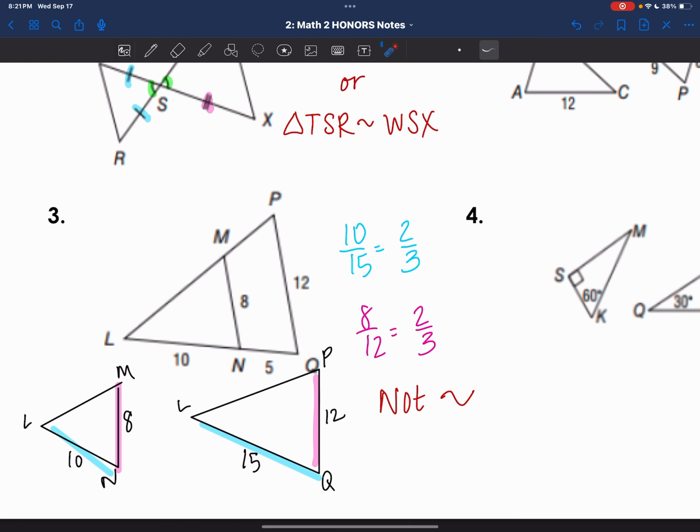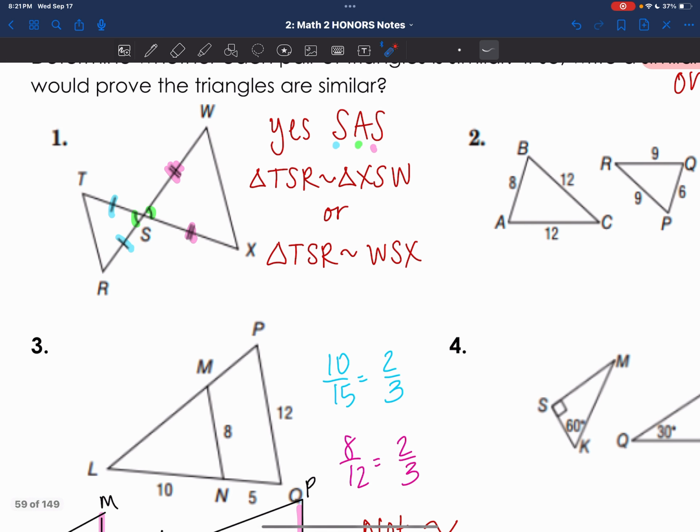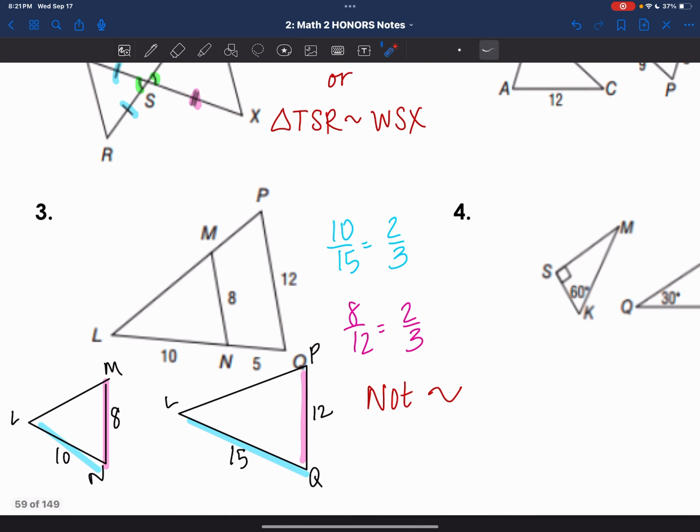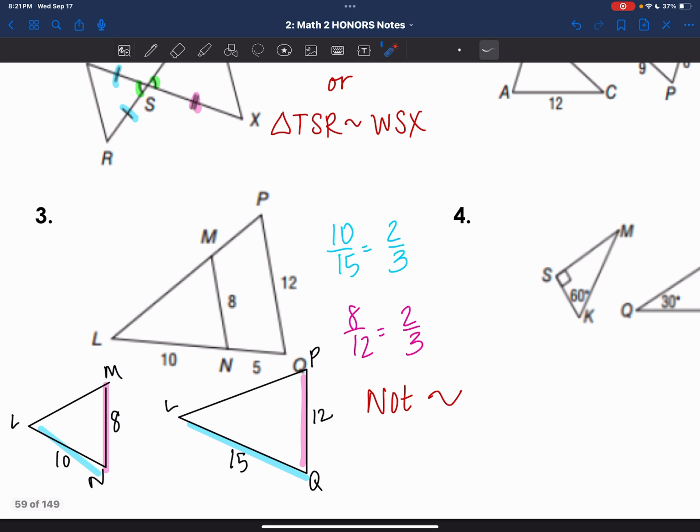All right. So we need to determine if it's similar. So in this case, you actually have two triangles. I drew a smaller triangle, and then I drew a larger triangle outside. So I separated this into two different triangles. So let's look at the